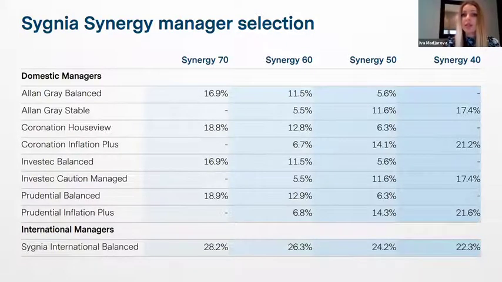So in the Synergy 70 fund, for example, you'll see that the largest allocation is actually to the Prudential Balanced portfolio at just under 19%, followed by Coronation, and both Investec and Allan Gray have 16.9% of the portfolio. So with that 16.9%, they then decide what mix of the various asset classes in South Africa they want to invest in. So they're able to rotate in and out of these asset classes as long as they stick to